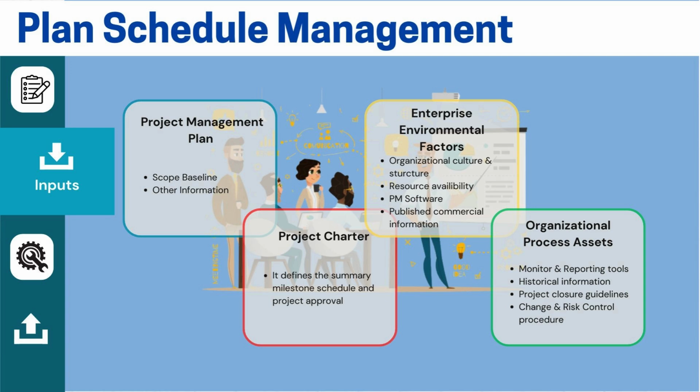Factors such as published budgets, cost constraints, and available funding influence how schedules are developed. Another important element is organizational process assets, OPAs. Enterprise environmental factors and organizational process assets serve as input factors in almost all processes. OPAs provide historical data about past projects, which can be very useful, especially for estimation techniques such as analogous estimation, historical estimation, or parametric estimation.